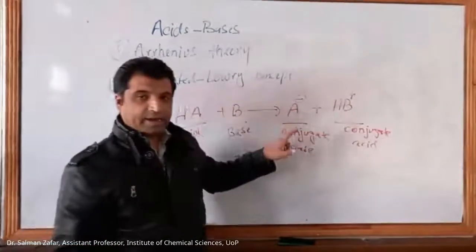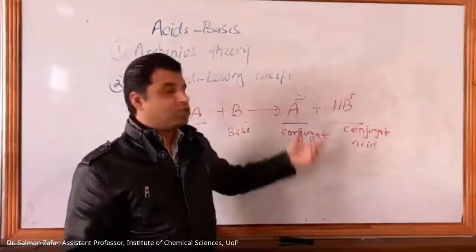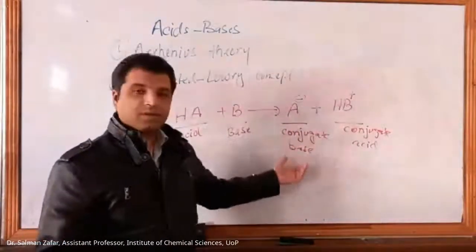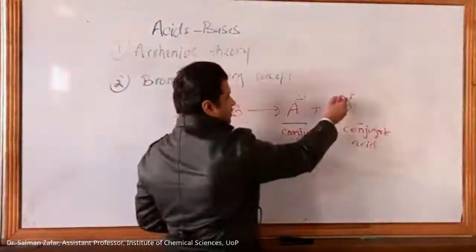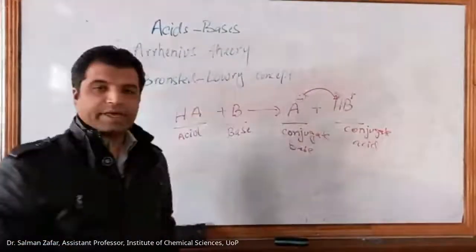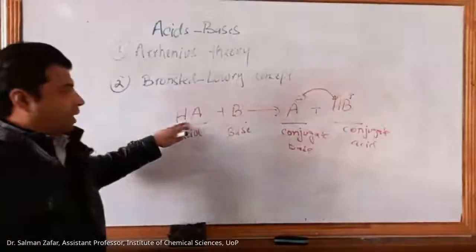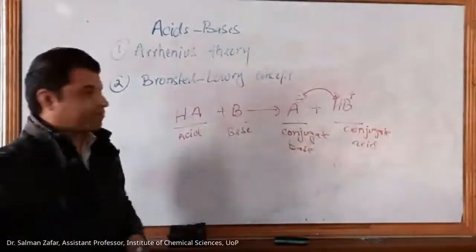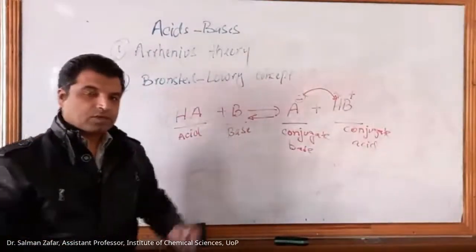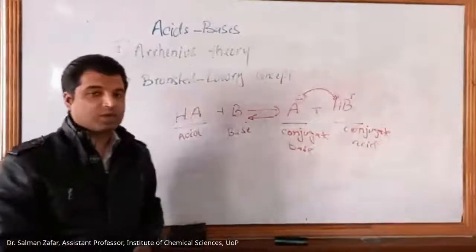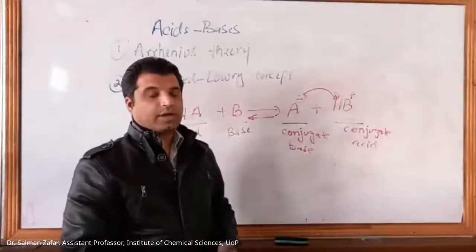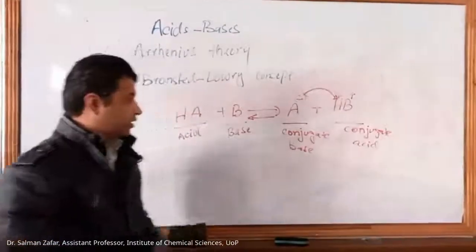And this anion would accept a hydrogen ion to neutralize its negative charge. So anything that can accept a hydrogen ion would be a base. So what can happen as a result is this anion can extract this hydrogen ion from HB plus to form HA back, and B will be left neutral again. So you can also have a reverse reaction. So the concept of conjugate acid and base was introduced along with the classification of molecules or ions into acids and bases according to Bronsted-Lowry concept.